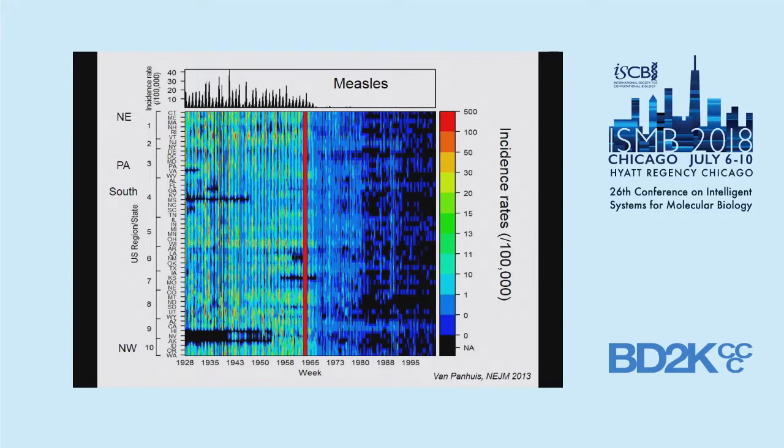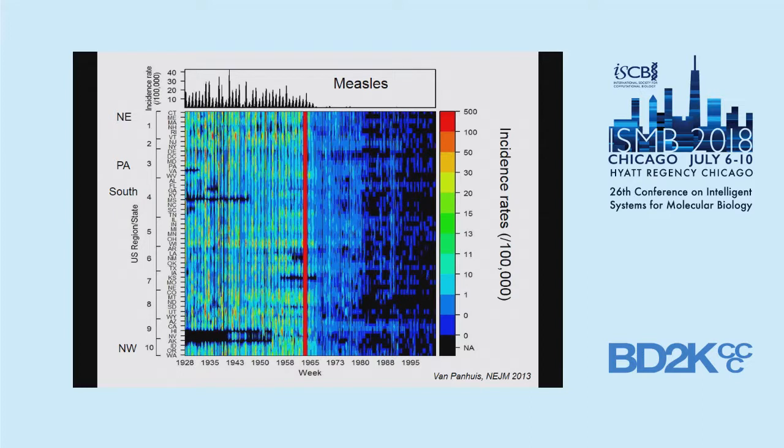You can see, for example, for some states like Hawaii and Alaska, until the 50s there were no data because they weren't part of the routine notifiable federal surveillance system. But then, very remarkably, the big epidemics before the 60s, and then this red line is the introduction of the measles vaccine. You can see the very dramatic decline of measles incidence after the vaccine was introduced. When we published this in 2013, and we did this for 7 other diseases, it really triggered a great debate and helped the advocacy for vaccination programs in the country.